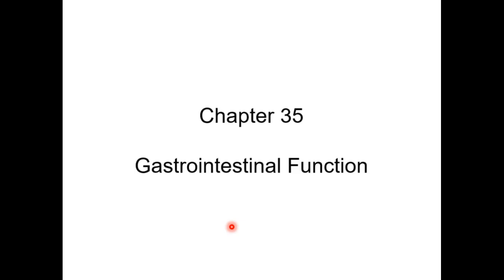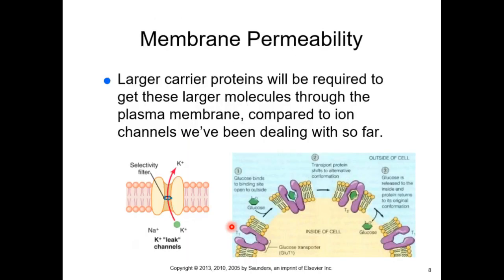Good. Yeah, what's up? So if we go back a couple of slides, these purple things are carrier proteins. Are they proteins? Yeah, they're going to be integral proteins of the plasma membrane. Carrier molecules are transporter proteins. They're going to change shape in response to the binding of a selective molecule. So this one would be a glucose transporter in particular.